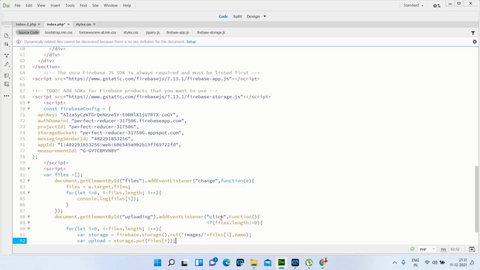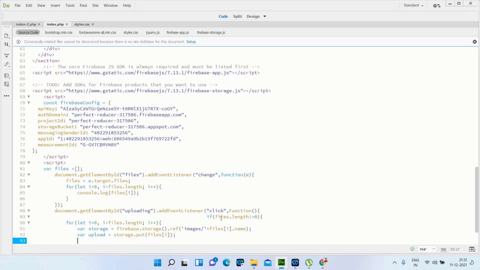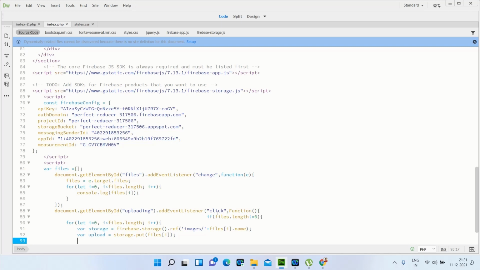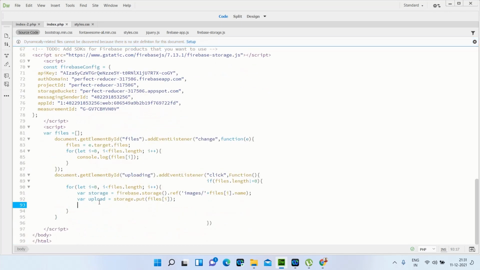So now the file upload coding is completed.